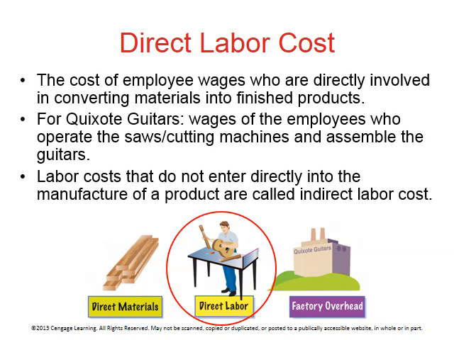Then we also have indirect labor costs. So this would be like the floor manager. We can't designate the floor manager's cost to each individual guitar. So he would be indirect labor. Whereas the people who are assembling each guitar, you could say that John Smith spent 10 hours cutting wood for a guitar. So we charge 10 hours of John Smith's time to that guitar. But you can't divide up time of the manager or the plant foreman to individual products. So that's indirect labor.